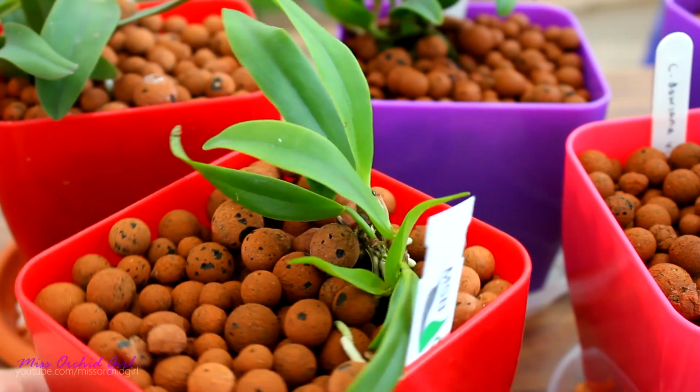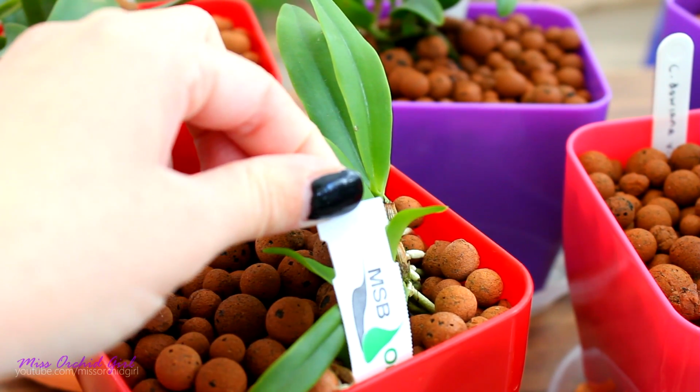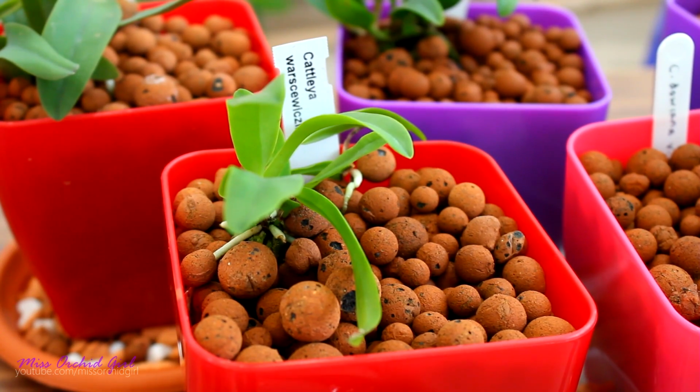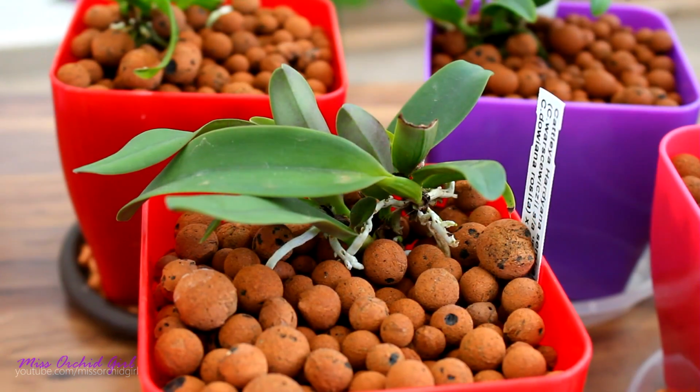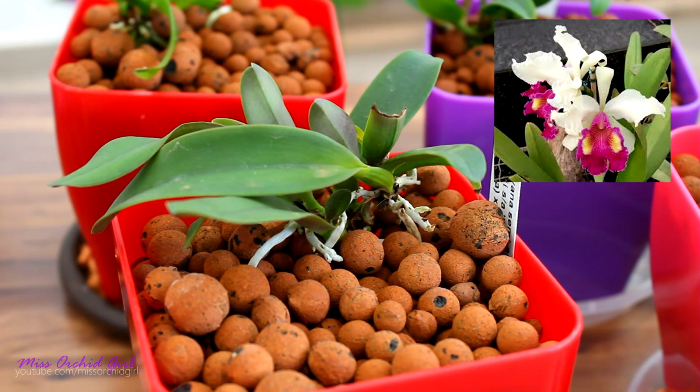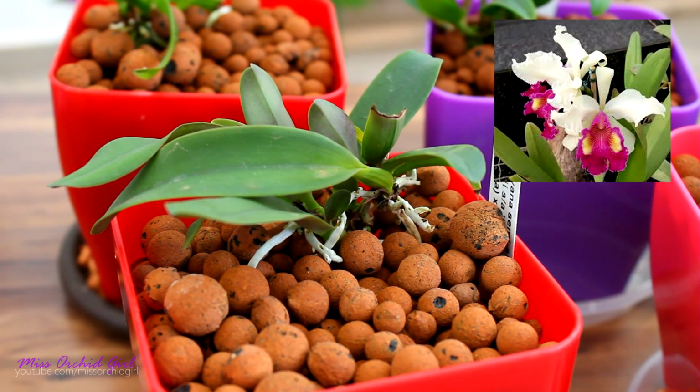And P.S. all of these seedlings come from a nursery called MissOrchidGirl from Germany, and I managed to acquire them through Jessica. Next up, we have the Cattleya Hardyana variety semi-alba, which I have to tell you guys I prefer over the Hardyana because